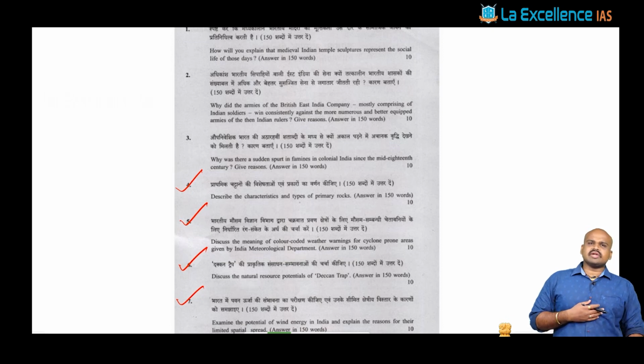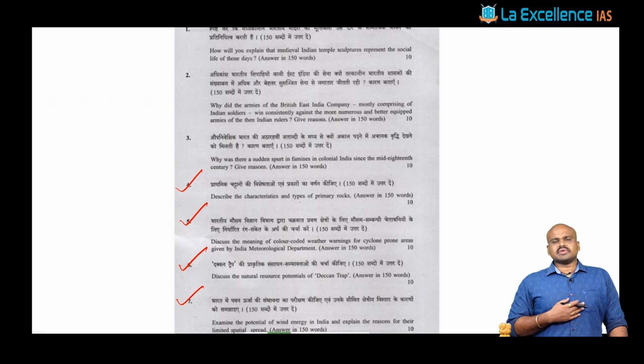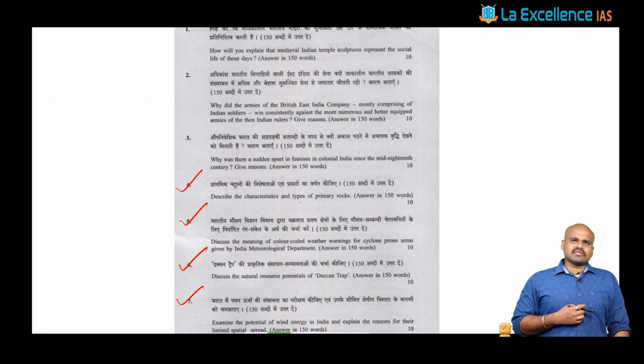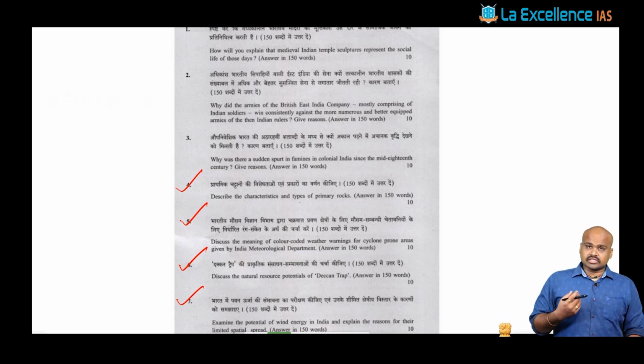In 2021, there was one particular question asked with respect to Gondwana land. Although India is part of Gondwana land, we have a minimal contribution of mining to industries. That is what the 2021 question was about. If you were able to analyze that question and have a ready-made answer for it, you could have tackled this question easily, because Deccan trap is nothing but the western or northwestern part of your Deccan region. That is part of Gondwana land, which is one of the oldest physiographies.